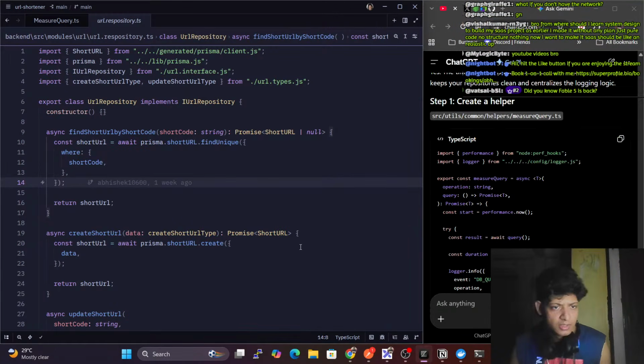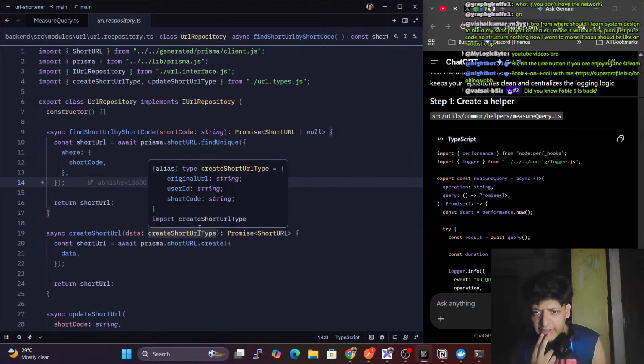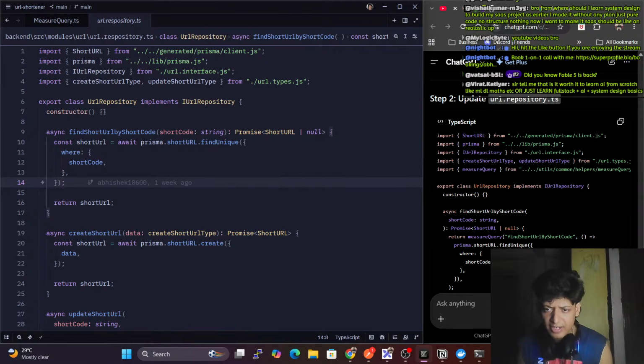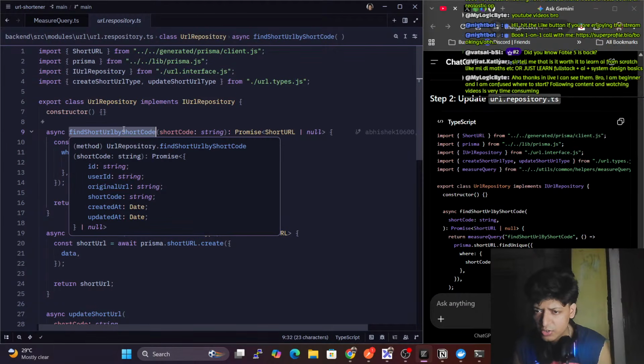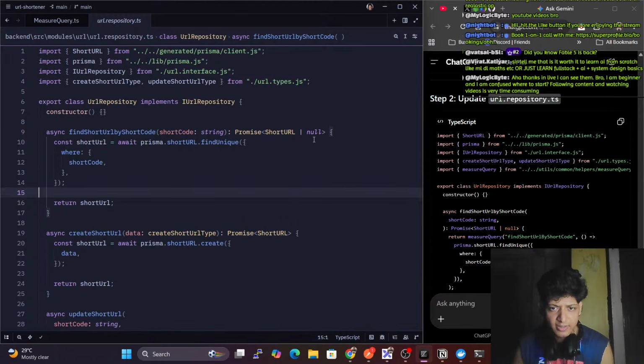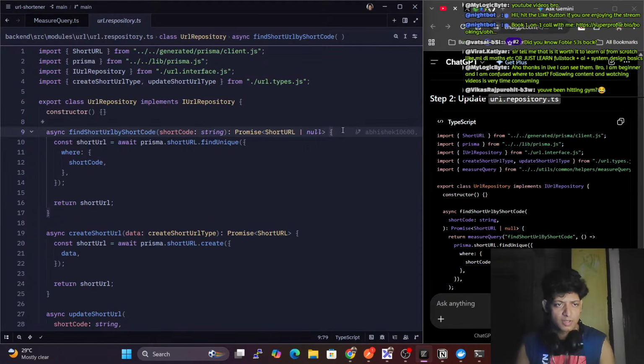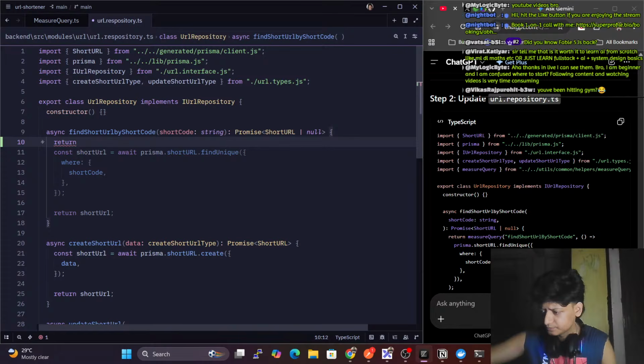Fine. So this is my code, and here basically we are measuring the query. We have this one, and here we have to use async. For example, we have this find short URL by short code. Okay, we have the short code. Fine, we have a promise, and inside here we are simply returning measure query. So what we need to do is, here we can simply do